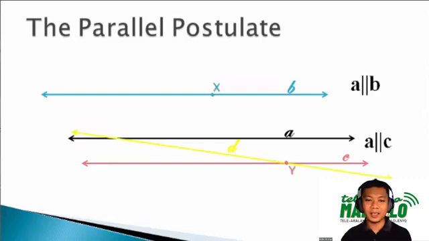Using point Y and extending a line that is not parallel, let's say for example, line D, line A is not parallel to line D. Or using the point Y and we extend line E, line A is not parallel to line E. Therefore, using point Y, there is only one line, that is line C, parallel to line A.